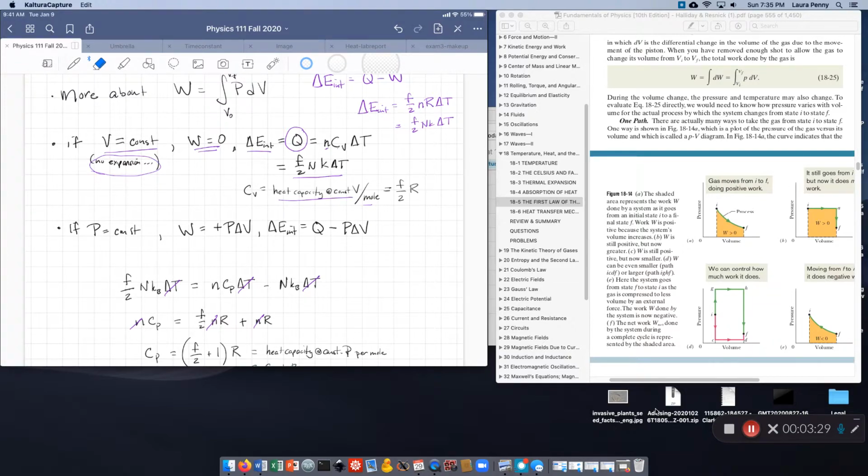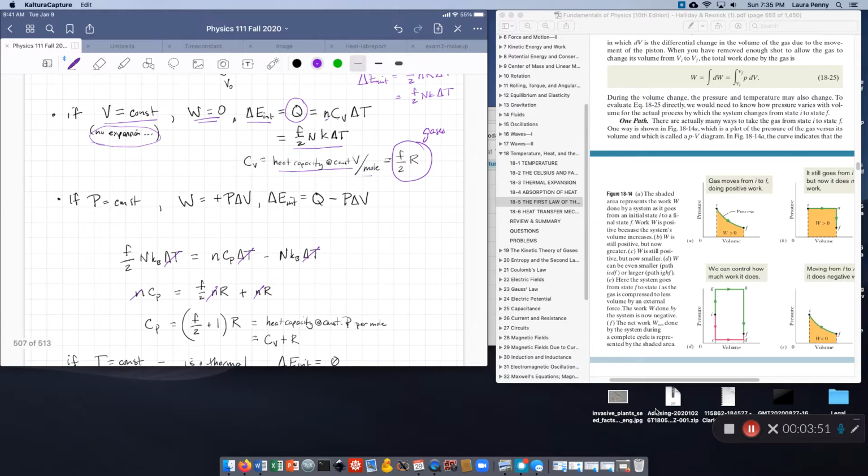And then the heat capacity at constant volume is, by the way, f over 2 times R. So all that matters here is really, this is for gases, which is very convenient. Now, instead of the volume staying constant, which is a little hard to do, especially for a gas,